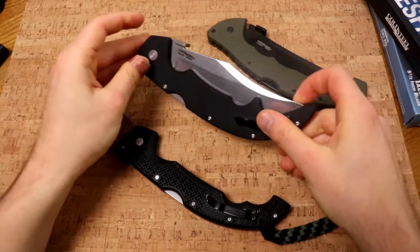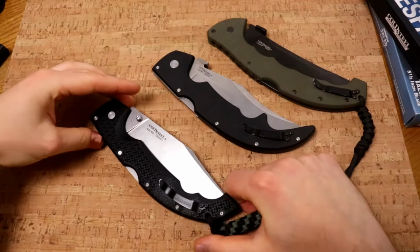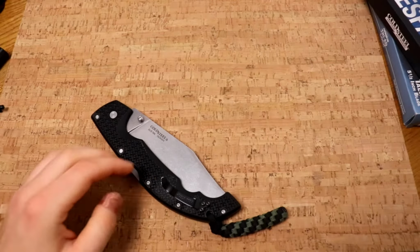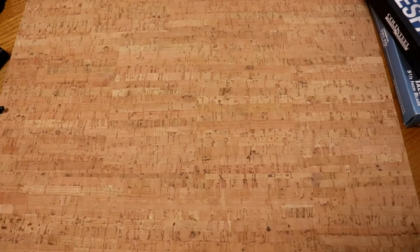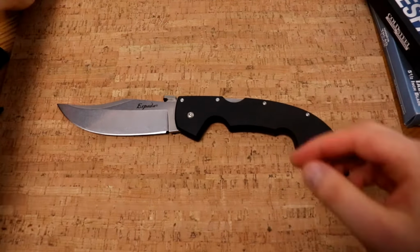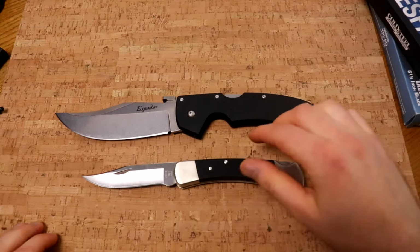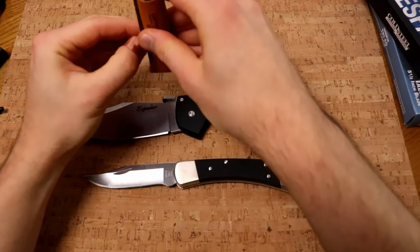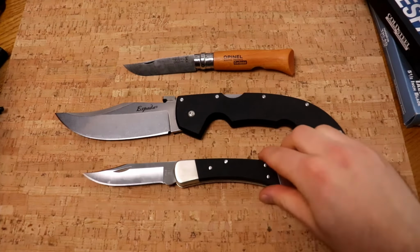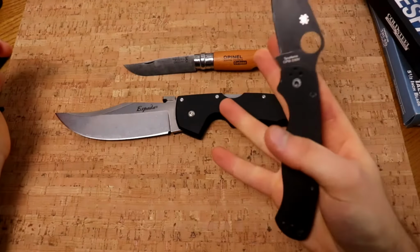For the size, they are very lightweight and easy to carry. And I will show you a size comparison for the people that have never handled one of these. Actually, let's take the Espada here for a size comparison. Here is a Buck 110. A lot of people are familiar with this knife. Here is an Opinel number 8, another very popular traditional knife. And then we have something more modern, Spyderco PM2,